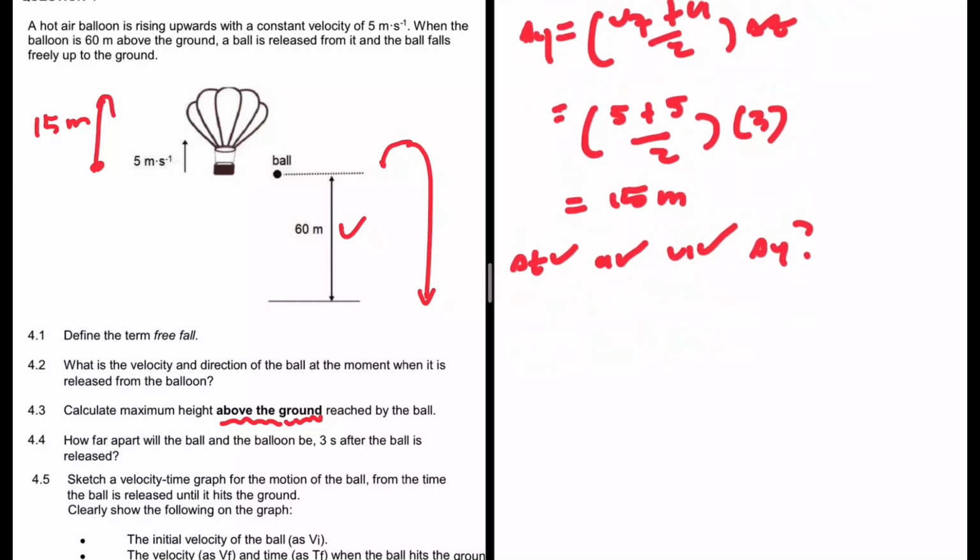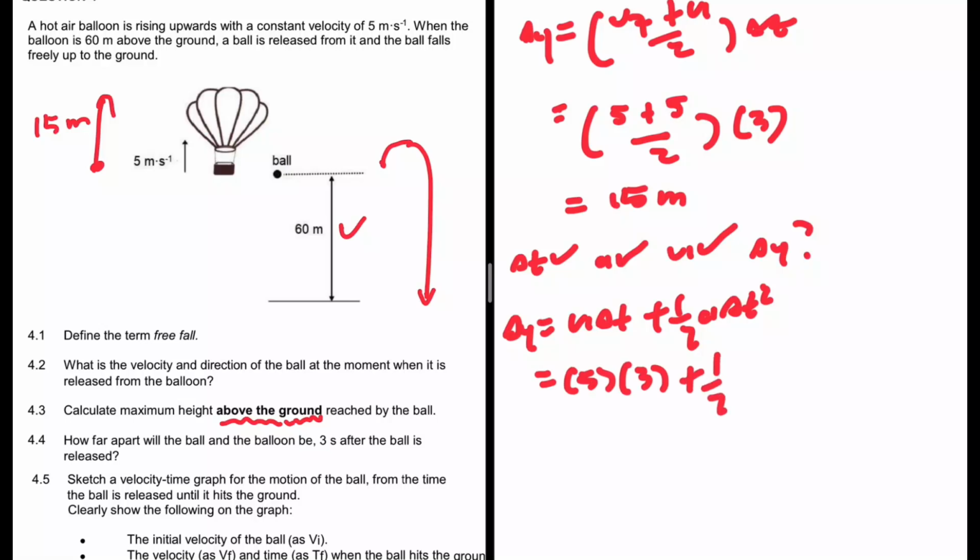So what do we do here? It seems like delta y is equal to Vi delta t will work, plus a half acceleration delta t squared. So Vi is 5, delta t is 3, plus a half acceleration is minus 9.8, delta t